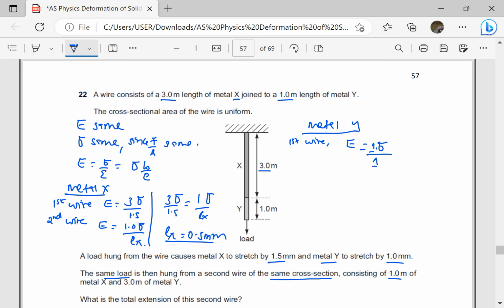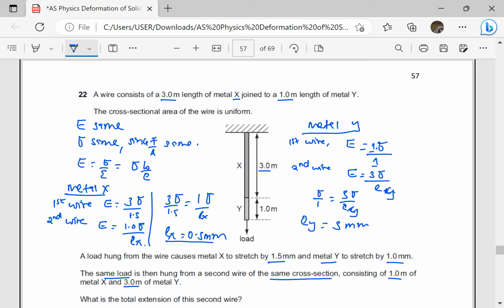I will not change the units. Then for the second wire, the Young modulus is going to be equal to, for the second wire of metal Y, it has length 3 meters, so this will be 3 times the stress divided by the extension that we want to find, EY. Remember, Young modulus is going to be the same, so we shall equate the two equations. So I'll say that sigma over 1 is going to be equal to 3 sigma over EY, which means that EY is going to be equal to 3